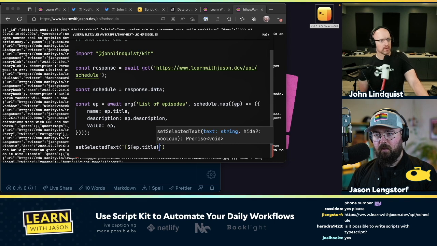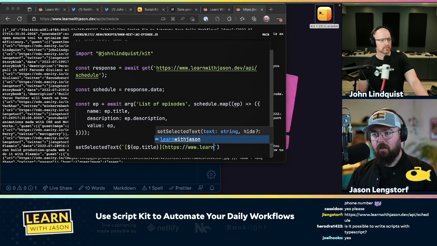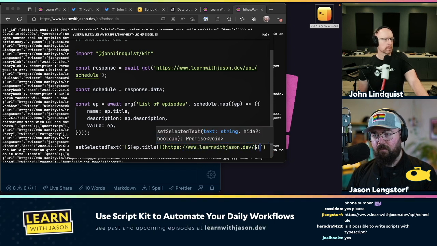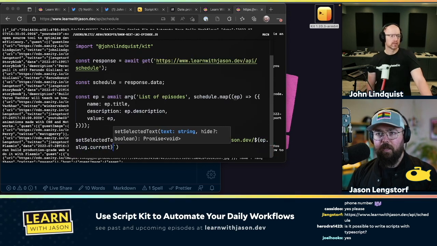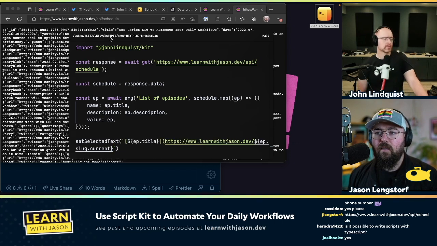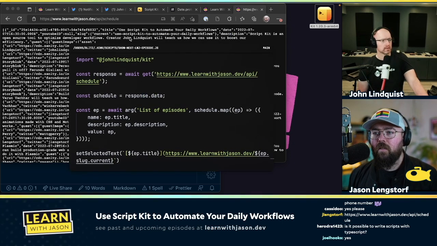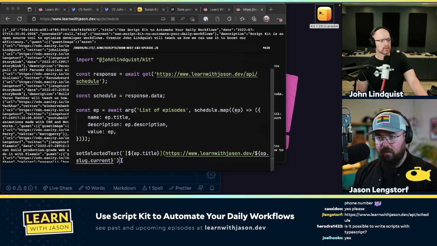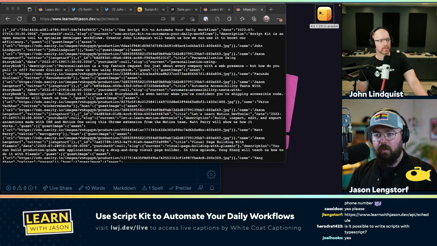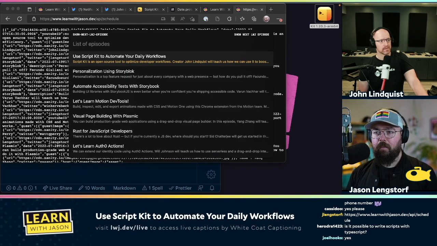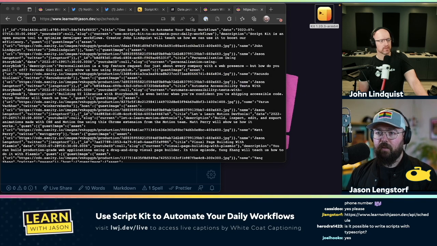Okay, so this would be the title, and then this would be like https json.dev, and then it would be app.slug.current, I think is the format, right? Okay. Is that right? app.slug.current, yeah. So then we get one of those, and then that should be the whole thing. So we'll save that, and then I'm going to run command 1, magic, and then we'll get a link to this,